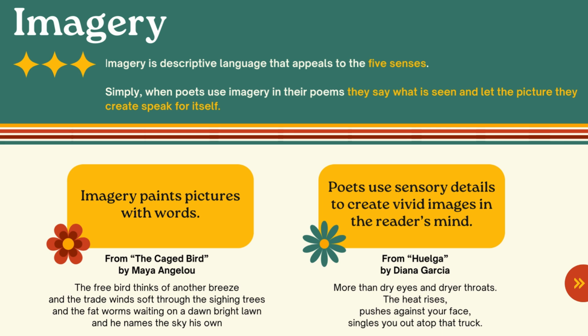Now, in this poem, we understand that someone is singled out, right? They're at the top of that truck, they're all alone. They're somewhere that's hot, and they're either crying, dry eyed, or it's so hot and so dry that they're both dry eyed and thirsty, right? So, understanding the idea that these two images can create what we understand, what we feel, and what we think. Let's move on